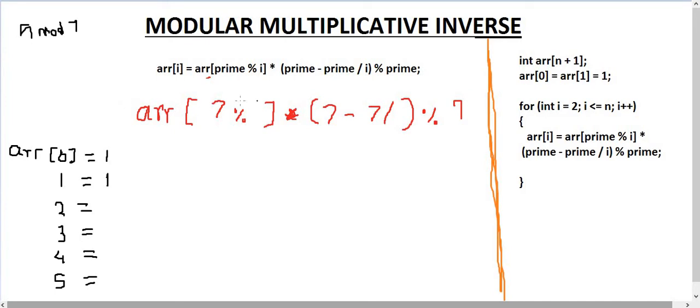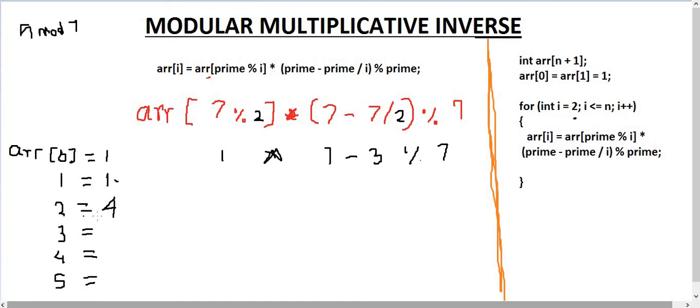The loop starts with 2, so we take 2 and replace it here and here. 7 mod 2 gives array of 1, so that is 1 into 7 minus 3, which is 4, and then mod 7, so this returns 4.